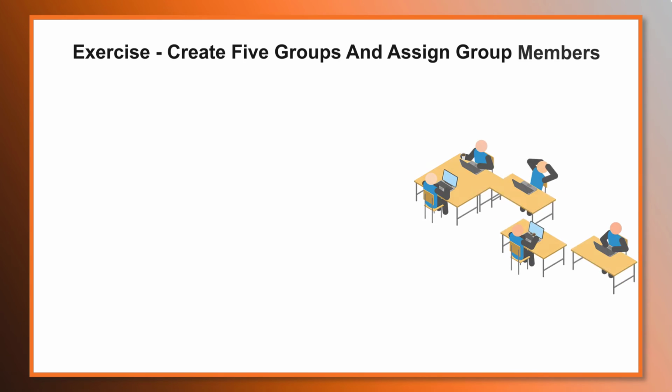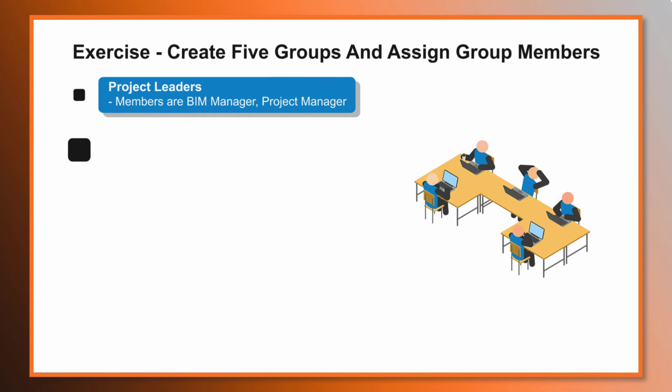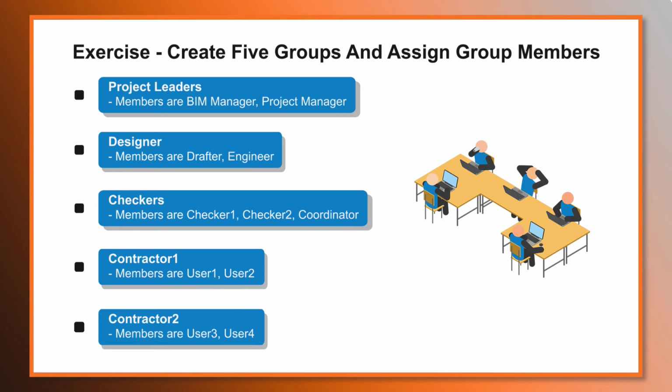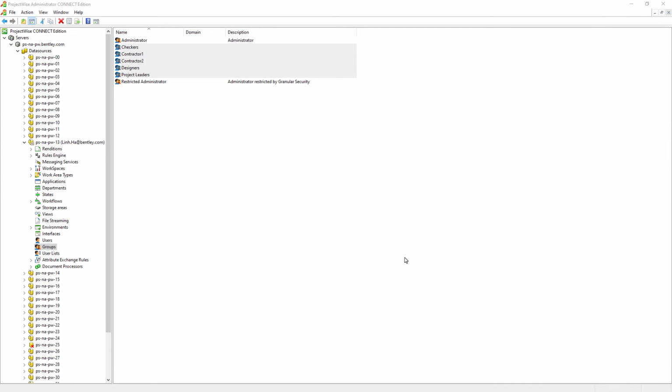The second exercise for this lesson, we will need to create 5 groups. They are project leaders, designers, trackers, contractor 1, and contractor 2. We also need to assign the relevant group members to these 5 groups. Now that the 5 groups have been created and members have been assigned, let's go ahead and take a look